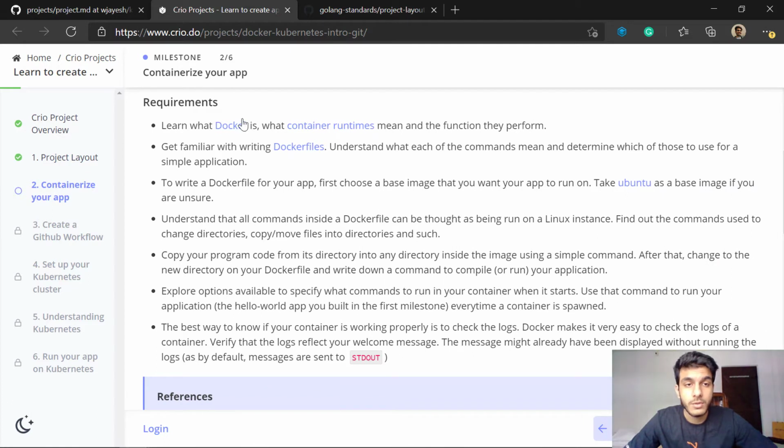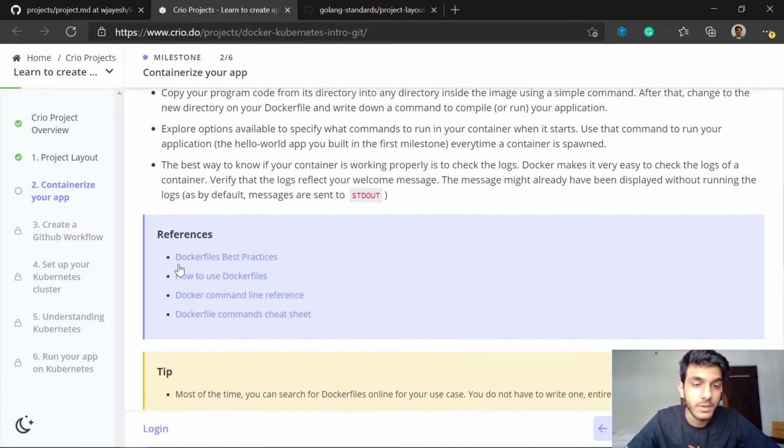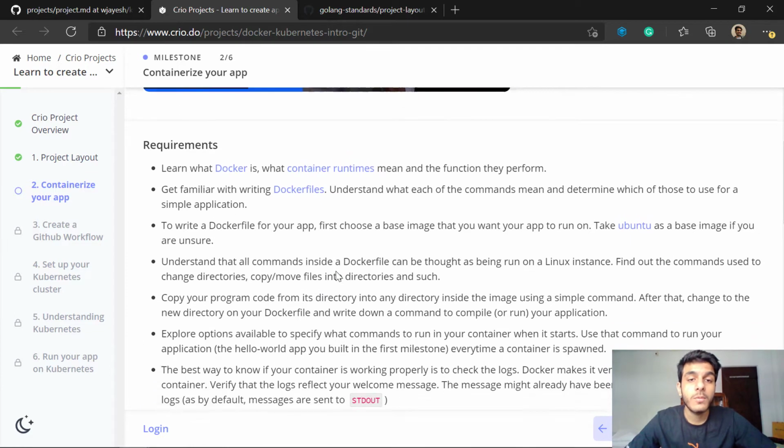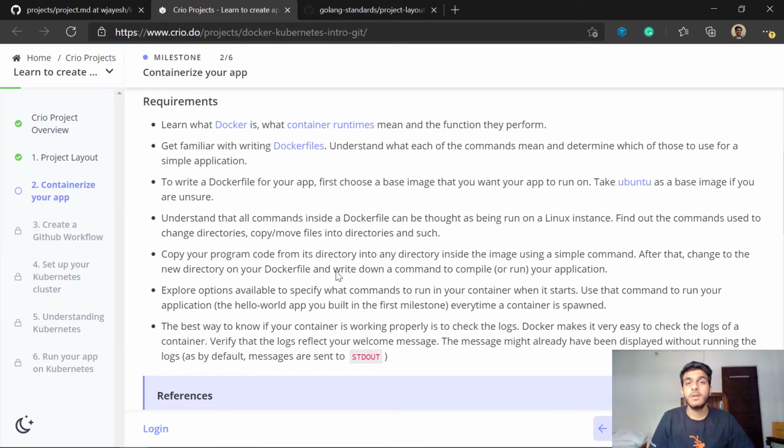Yeah, so I'll introduce you to Docker, what Docker is. If you don't know what Docker is, you can check out the links which I have here, for example, in the references as well. Mostly they're related to Dockerfiles. Just to give you a very short summary, Docker allows you to build containers on top of Dockerfiles. It's like a container runtime. It takes your Dockerfile as a recipe and then builds an image on top of it. Using this image, you can build multiple containers. All these containers are just instances of this image.